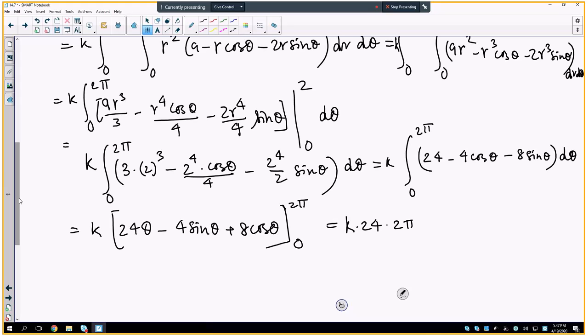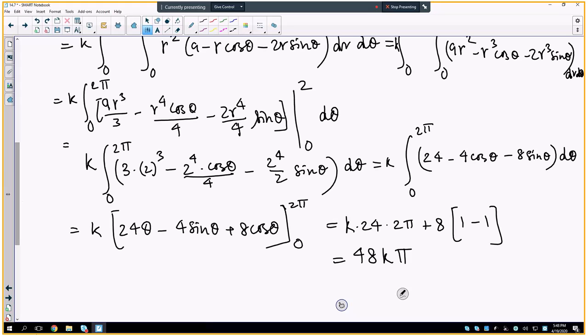Sine of 2 pi is 0, and sine of 0 is 0, so also not contributing. Cosine of 2 pi gives plus 8; cosine of 2 pi is 1 minus cosine of 0, which is 1 as well. So 8 times 1 minus 1, and that portion is going to be 0 as well. So what I get is 24 times 2, which is 48 k times pi